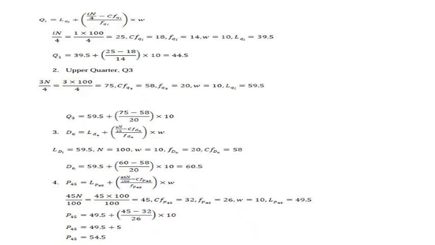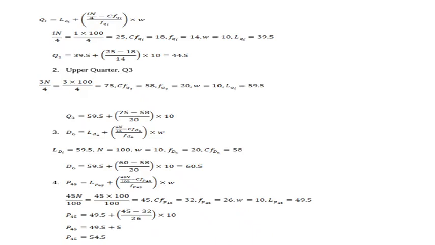We are using the same method that we used for the median, but the only difference is that instead of dividing by 2 for the median, here, because it is the quartile, we are dividing by 4. That is, our total frequency n divided by 4. But it's still the same method.